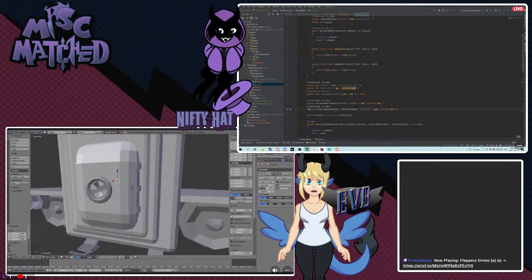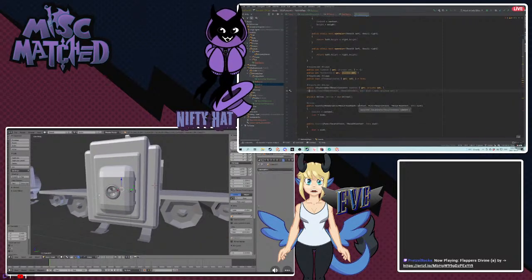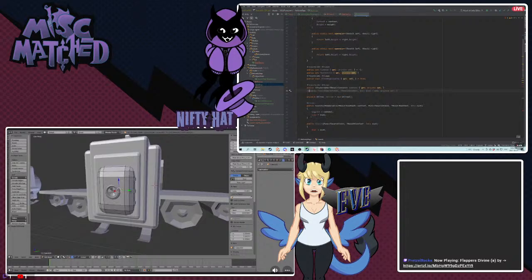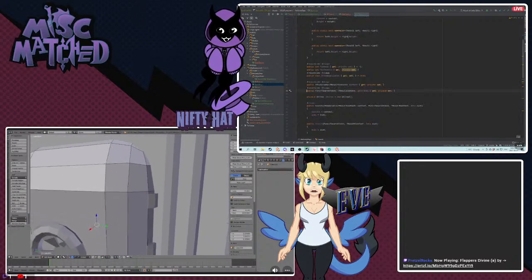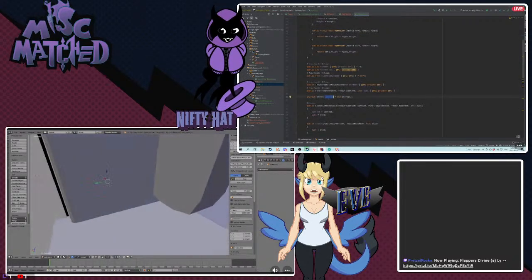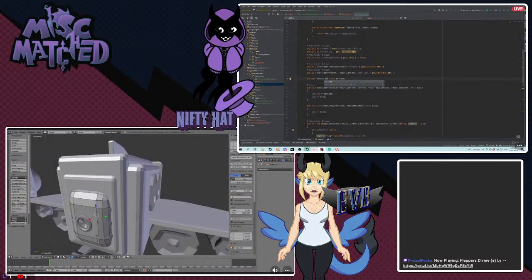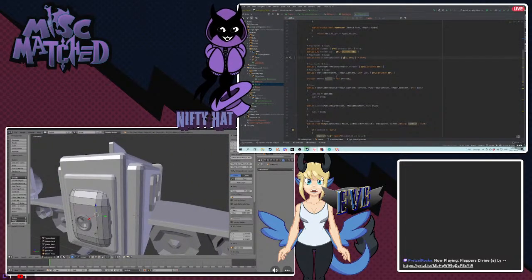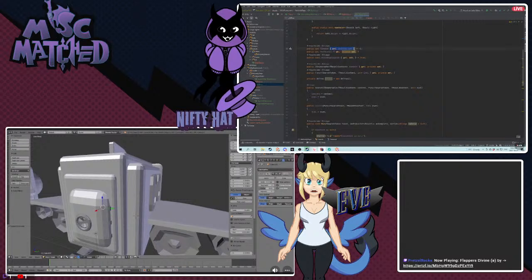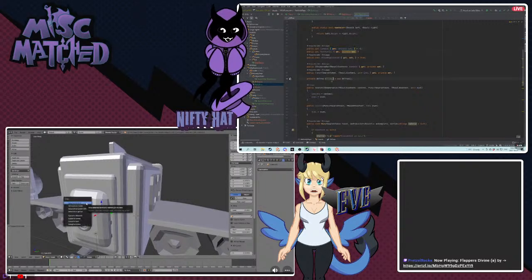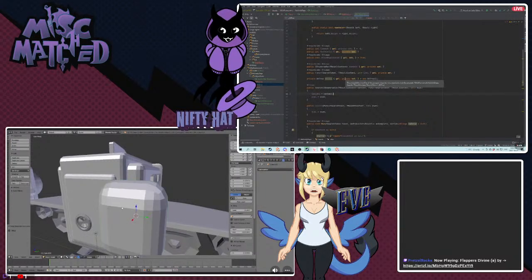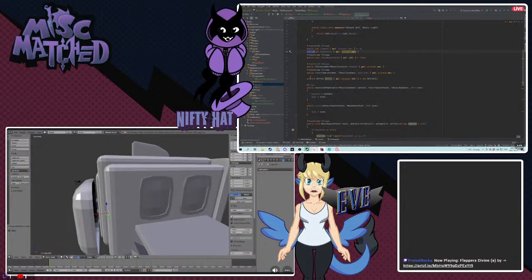If I go like this, yeah, go to edit mode and select, say, no, I don't think it'll work in edit mode. I think I have to be in object mode to do this. Back to object. Shift S. Cursor, no. Oh, wait.